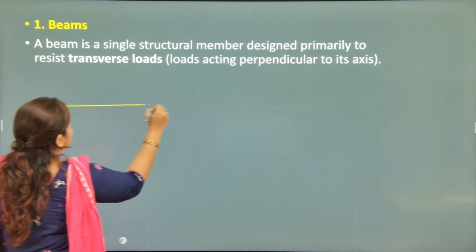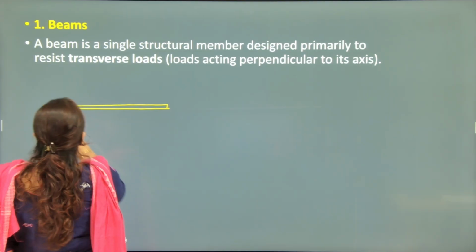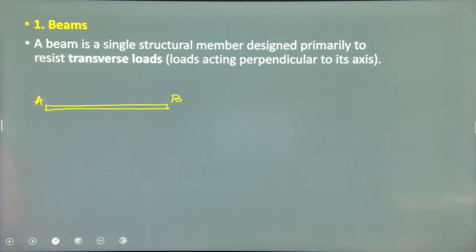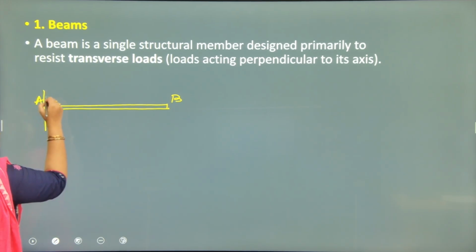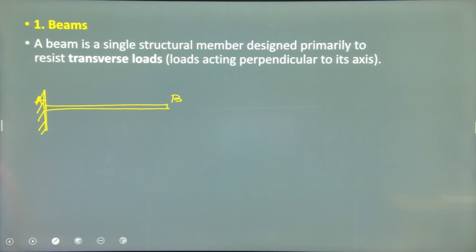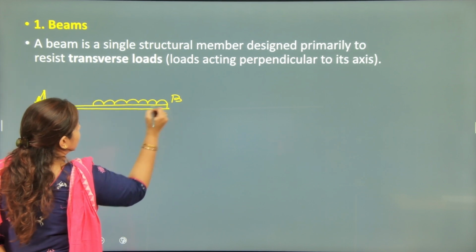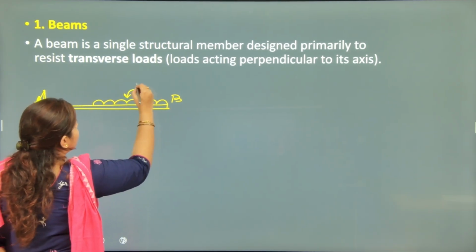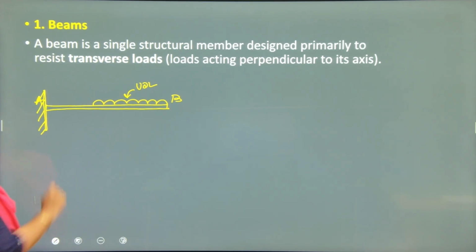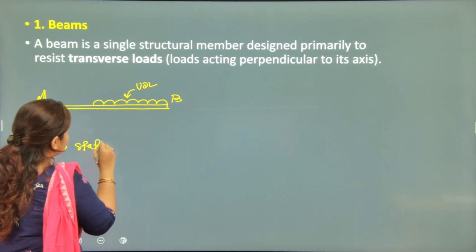So first we will draw a beam, that is AB, and we will just put one fixed support here and give a half span UDL. Okay. So now is this AB beam statically determinate or